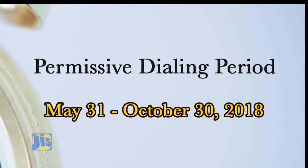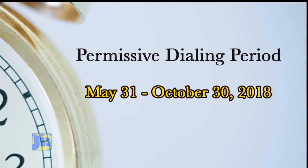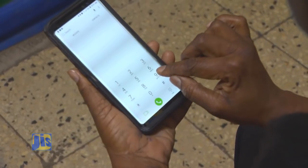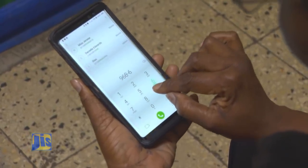To ensure everyone fully grasps the concept of 10-digit dialing, a permissive period from May 31 to October 30, 2018 is now in effect. We're saying to Jamaicans, get used to dialing 10 digits in anticipation of when new numbers come under the 658. And 10-digit dialing is important because we want persons to start to change their behavior. So if it is that you take up your phone and you dial 7 digits for the person you wish to dial or call,